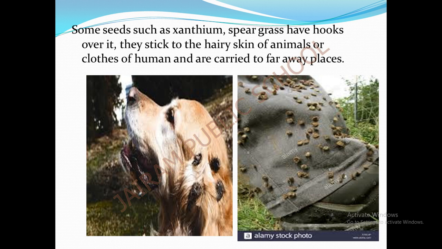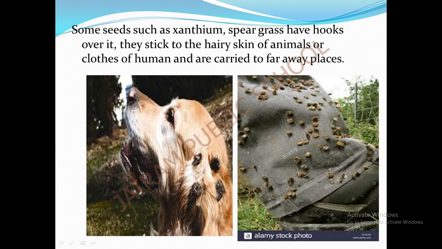When we move from one place to another, or when we wash our clothes, what is happening? The seeds fall down from the cloth, go along in the water and get deposited in some other area. And in the case of animals also, the seeds get stuck to the soft furry hair of the animal. See, look at the picture here. These are some seeds stuck to the hair of the dog. When the dog moves from one place to another, this seed will fall down and grow as a new plant. Okay, are you clear about it?